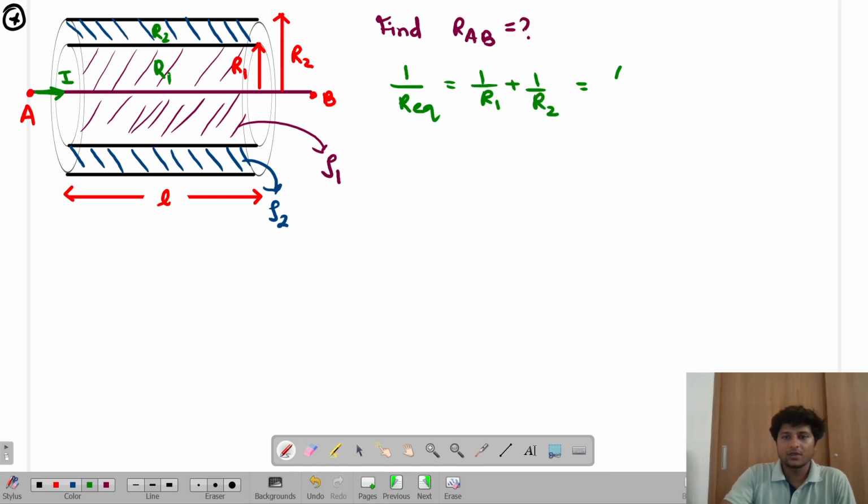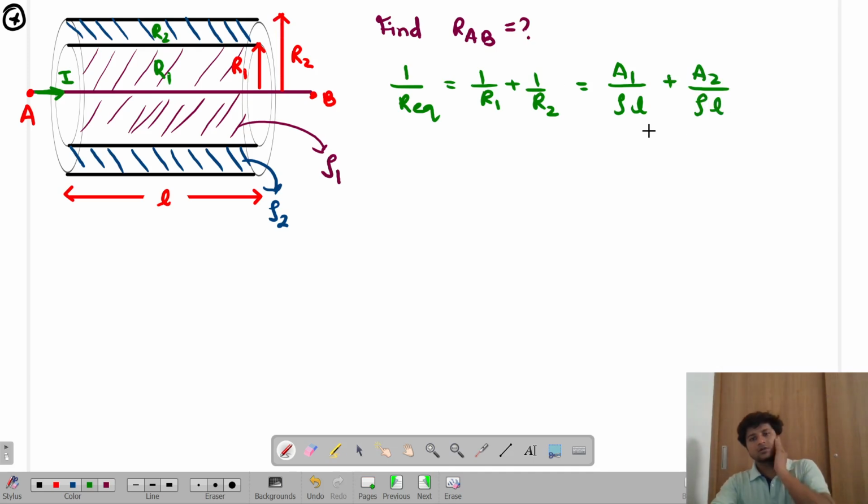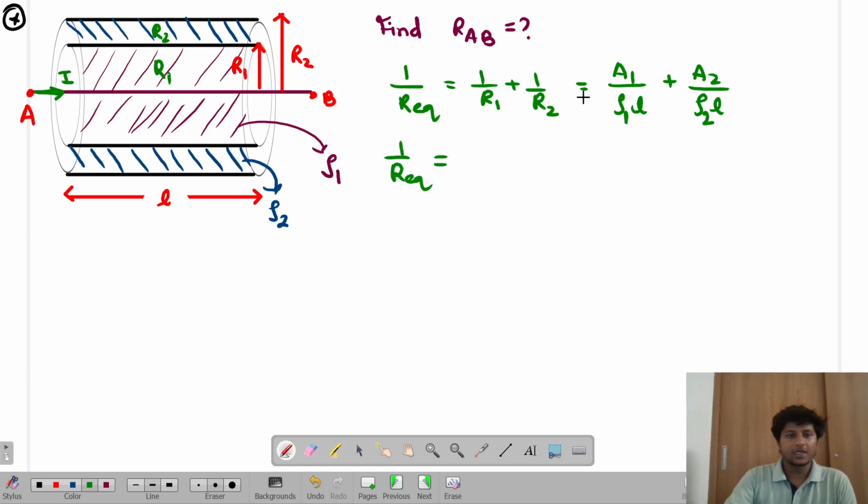So it will be area A1 by rho 1 L plus area A2 by rho 2 L. L is the same, the length is still the same. Got it? So now 1 by R equivalent is simply,